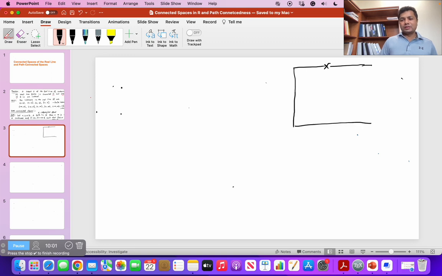Let's say this is our topological space X, and we have 2 points in this space X, which are x and y. So these are two arbitrary elements in this topological space X. Then the definition says a path from x to y is a continuous map from this interval [0, 1] to X, such that